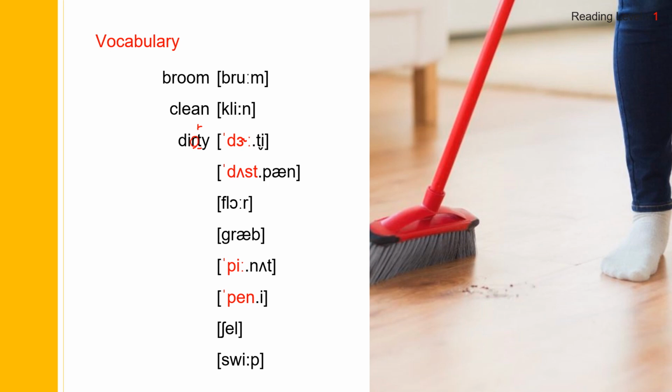Dirty. And next one, dustpan. Dustpan spells D-U-S-T-P-A-N here, and you don't have to pronounce this, just say dustpan. And next one, floor. Floor spells F-L-O-O-R, floor. And next one, grab. Grab spells G-R-A-B, grab. And next one, peanut. Peanut spells P-E-A-N-U-T, peanut. And next one, penny. Penny spells